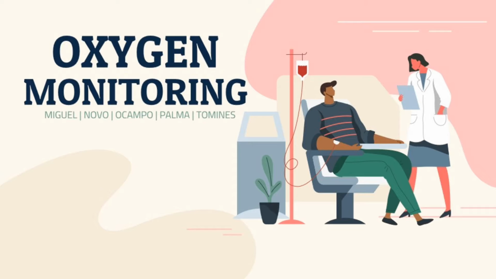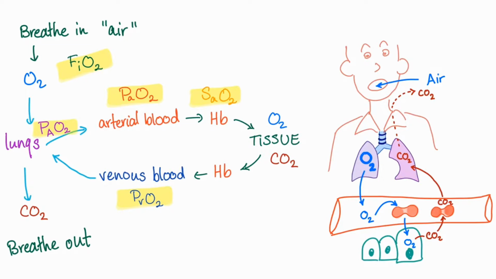But before we go deep into the discussion, let us recall how respiration happens inside the body. As we breathe in air, we are inhaling 21% oxygen, 78% nitrogen, and the remaining trace gases. It will progress into the lungs. From the lungs, it will go to the acinus. From the acinus, oxygen will then diffuse into the arterial blood and to the hemoglobin carried by the RBC, or